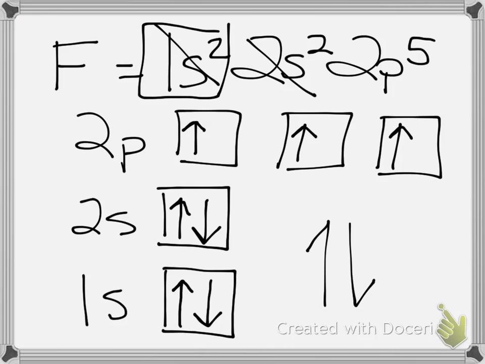So now I have 3, which still leaves me with 2 left over. Now I can go back to the beginning and start to pair them up. So I go in opposite spin. There's 1, there's 2, so that gives me 5. I only end up with 1 box without a pair of electrons. Does that make sense? Okay? So what we're going to do now